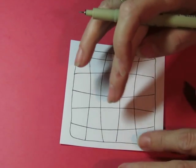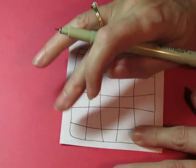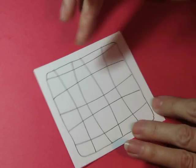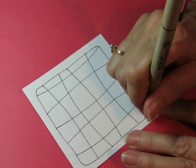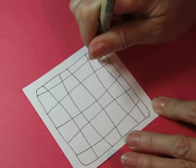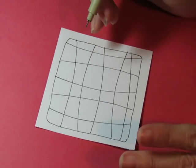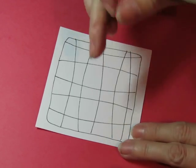I have 4, 4, and 1. You know what? We're going to add another row right there so that I end up with the right number of squares, right? So now I've got,